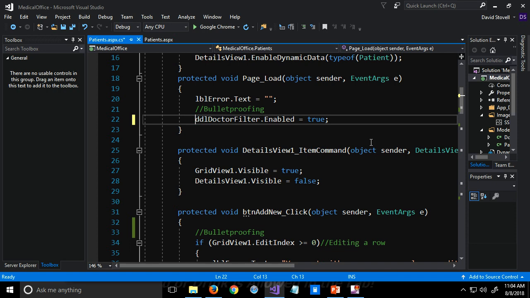Okay, so in page load for bulletproofing, besides clearing my label to show messages, what I did here, we're going to say, okay, our drop-down filter enabled is true, right? That way, we're going to start by assuming that we should be able to change the filter, because this gets processed first when we're actually preparing the page to display. But, for example,